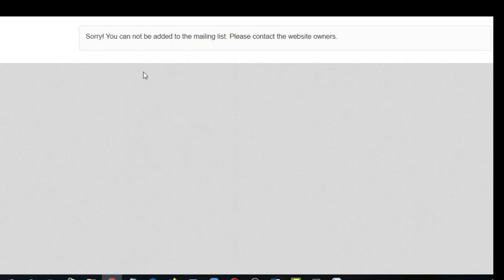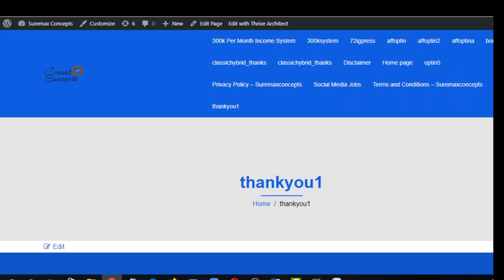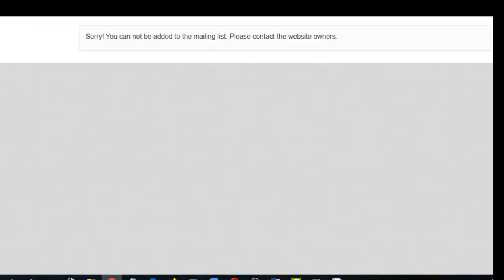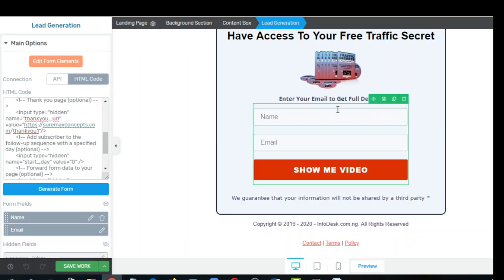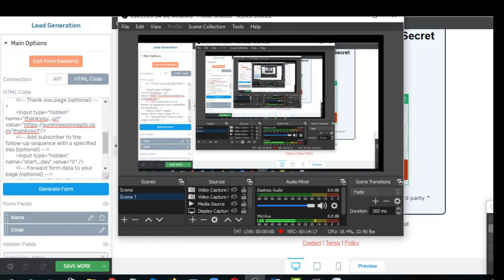Now, why I cannot be added to the email list is because my GetResponse account, this particular GetResponse account, is dormant, is not active. If not, you would have seen the thank you page from here. But from what I'm telling you, this actually worked. So the emails should have been added right now, and that's how this particular system works. And from here, it can now be collecting your emails and you will be able to enjoy the rest of your